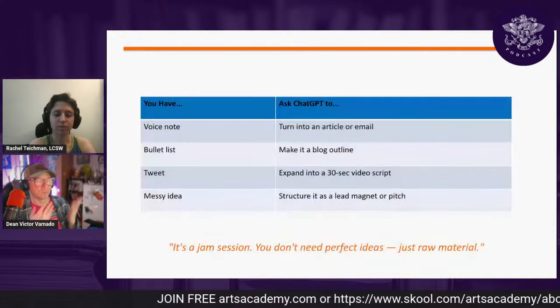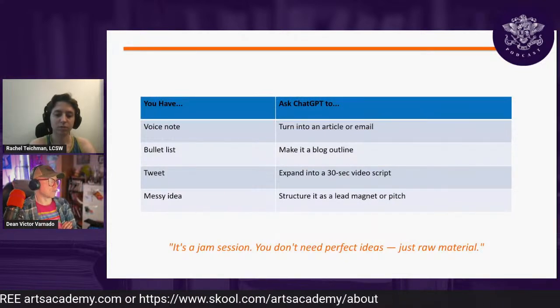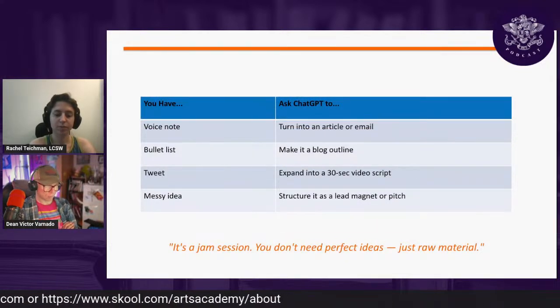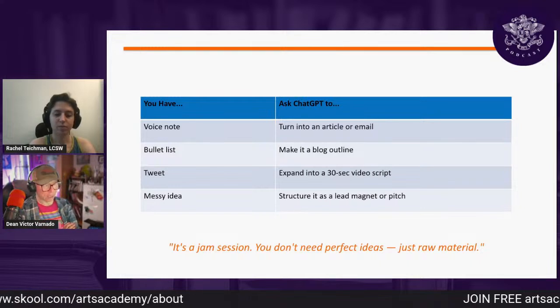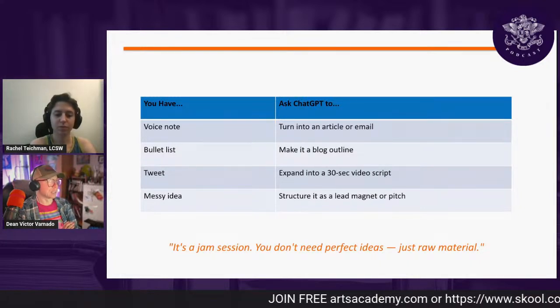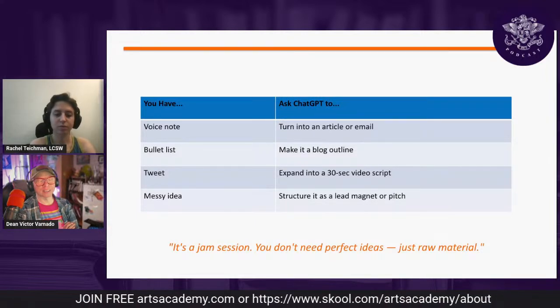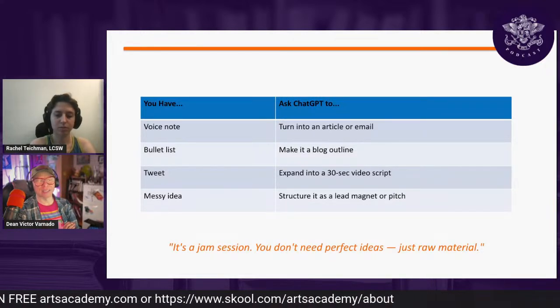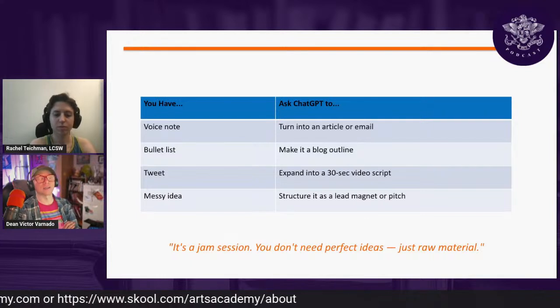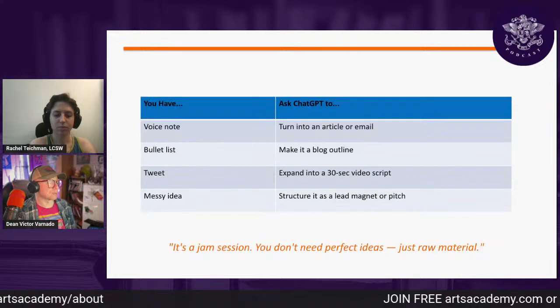Right. Okay. These are different ways to turn your writing into whatever through ChatGPT. You could have a voice note. You could have a list of anything, bullets, a list of any ideas. You could have old tweets, messy ideas. Really, just as an in-between, like, here's my half-baked idea. Write this well, and then edit it. You can get to something that's way usable, much faster.